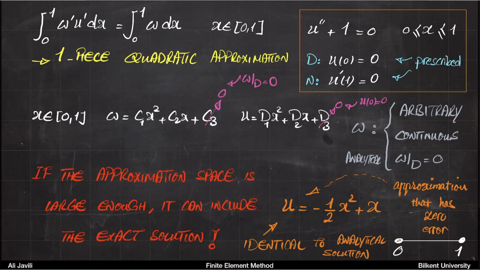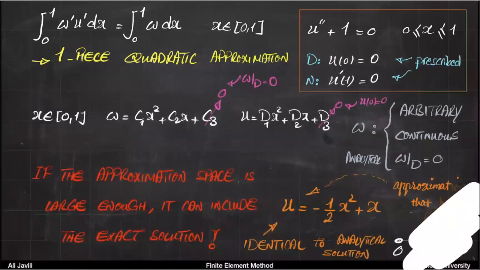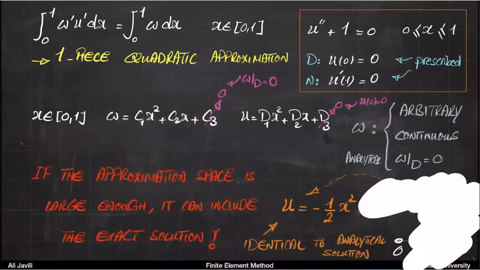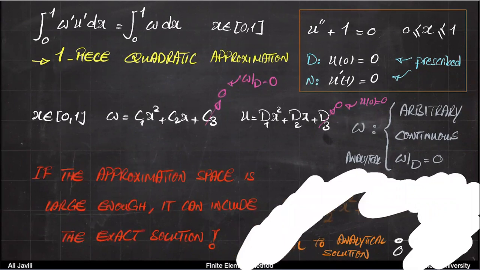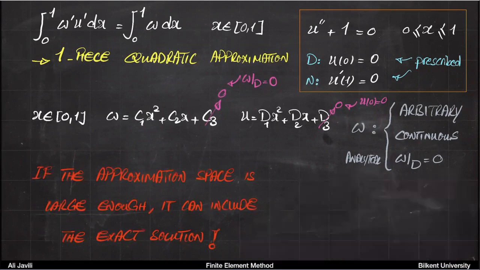Or in other words, what I'm trying to say is that if the approximate solution or the approximate space includes the exact solution, then that error is zero. So basically, that's the key message here. The key message is that